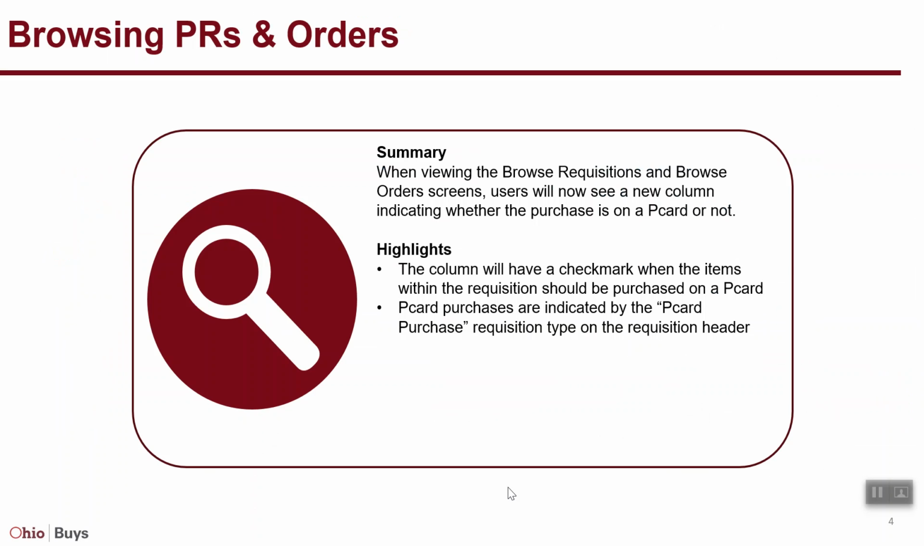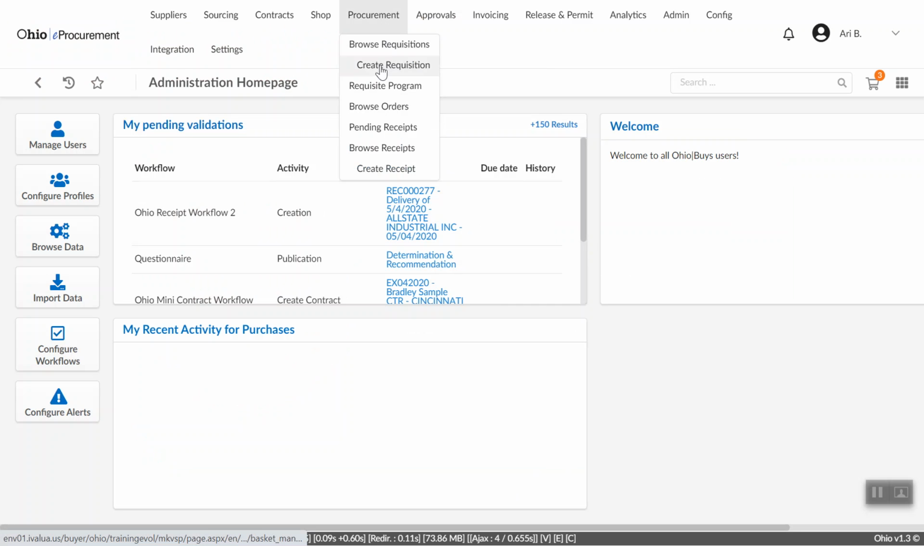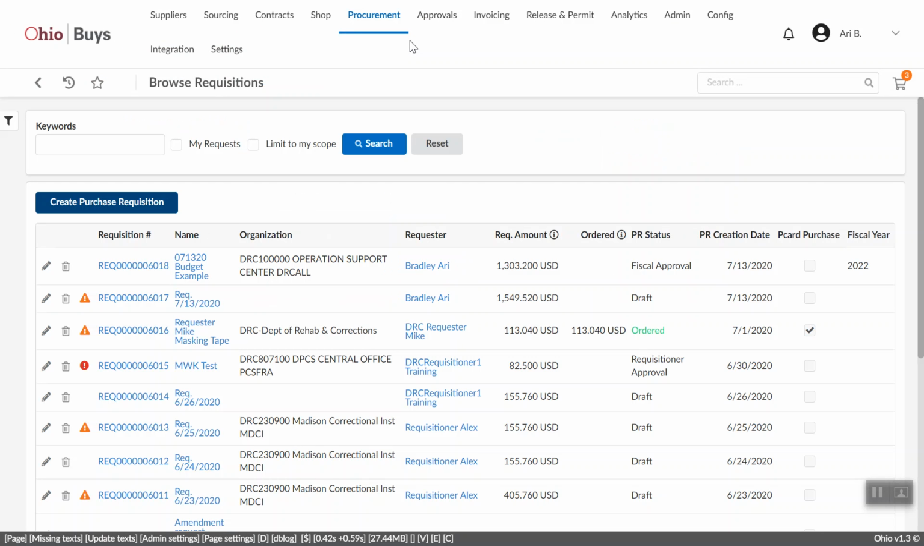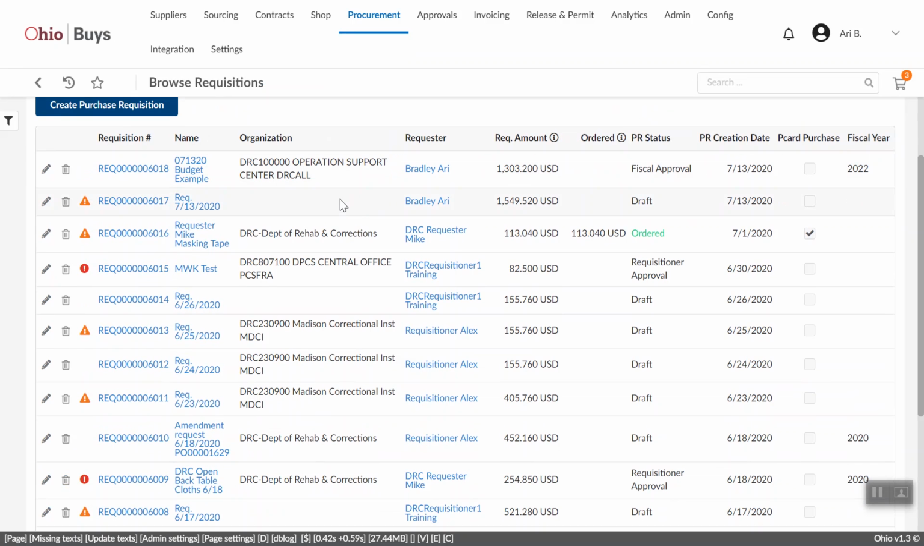When viewing the Browse Requisitions and Browse Orders screens, users will now see a column indicating whether the purchase is on a P card or not. Upon logging in, navigate to either the Browse Requisitions or the Browse Orders screen. When viewing requisitions, users will be able to see a new column labeled P card purchase on the right-hand side